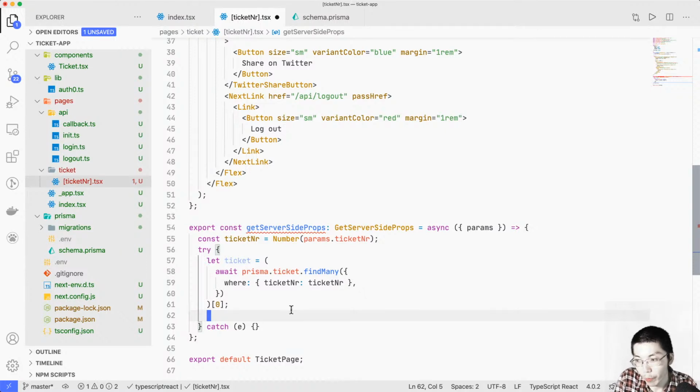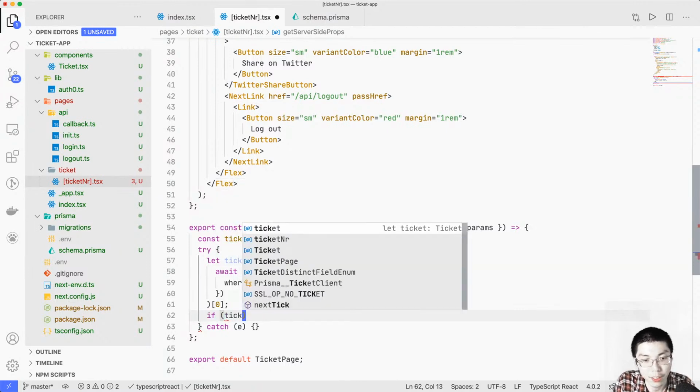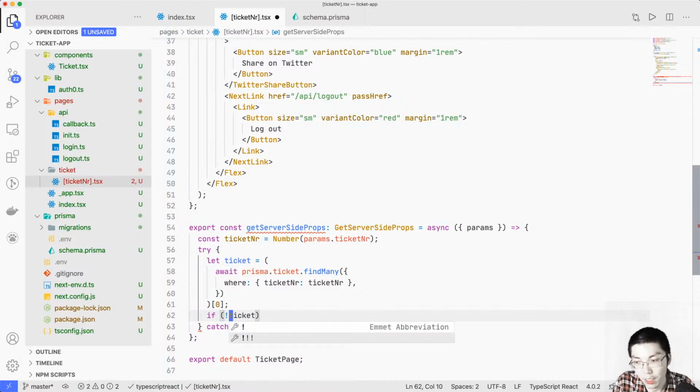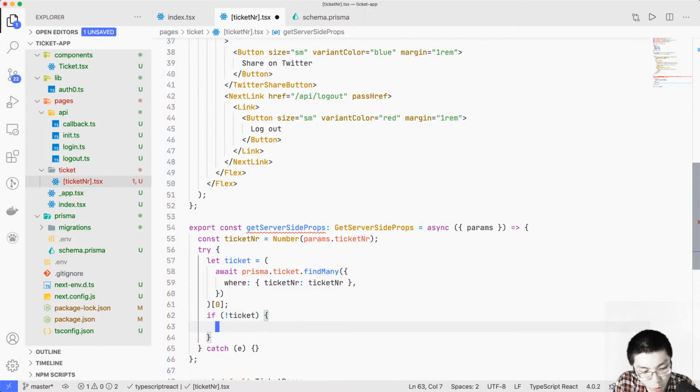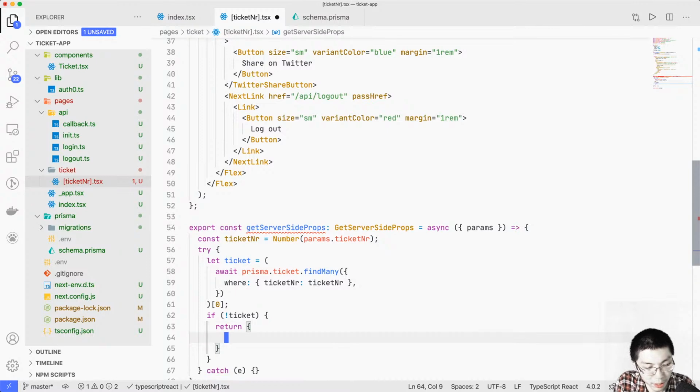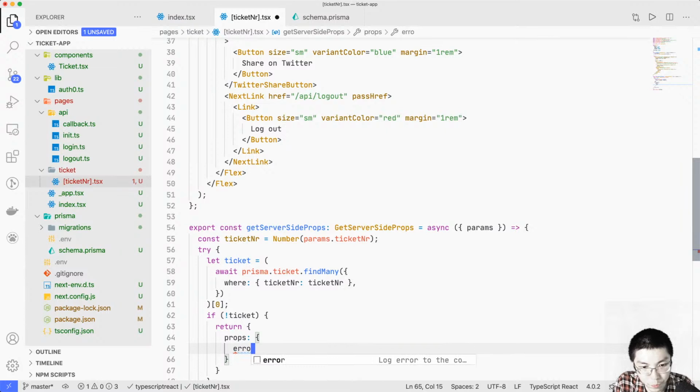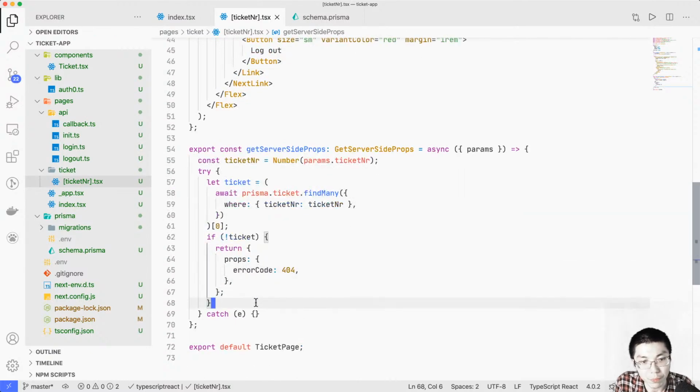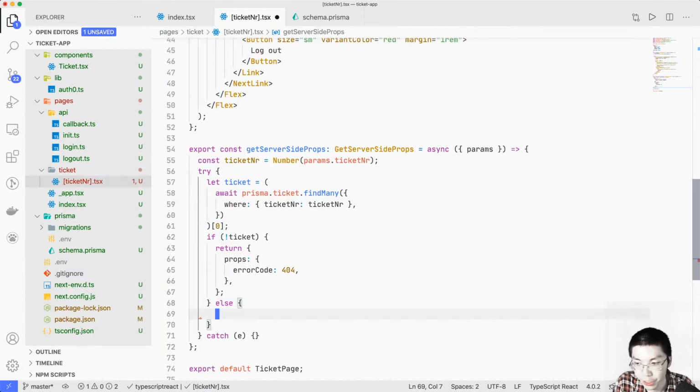So when we already get a ticket, if the ticket is null, we'll return props with an error code, error code 404. Else we'll return. We don't need the else, but anyways,